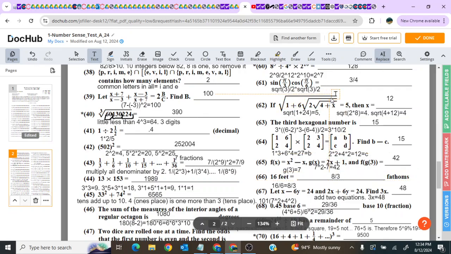62, if this resulting square root gets you 5, then x is what? Well, for this square root to get you 5, it has to be equal to 25, which means you need 24 from this piece right here. Square root of 1 plus 24 is 5. So all this 6 out here means you need the square root of whatever is in here to result in 4, which means you need this entire thing inside to equal 16. Well, this is a 2, so you need this square root to equal 8, so 2 times 8 will get you the 16 that you need. So now you need this to be 8, which will only happen,